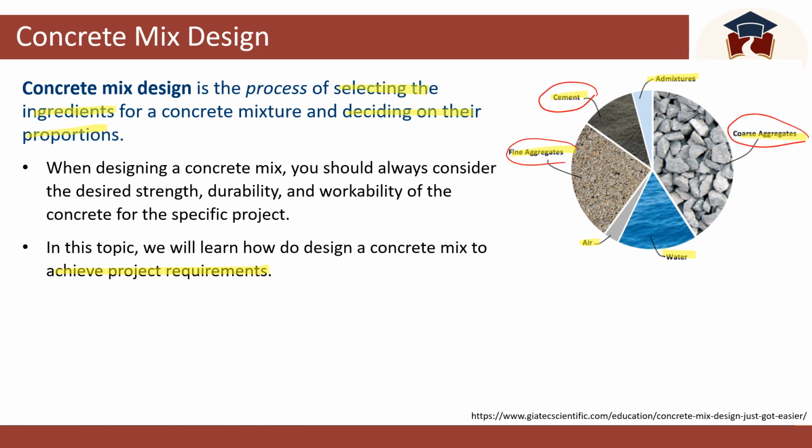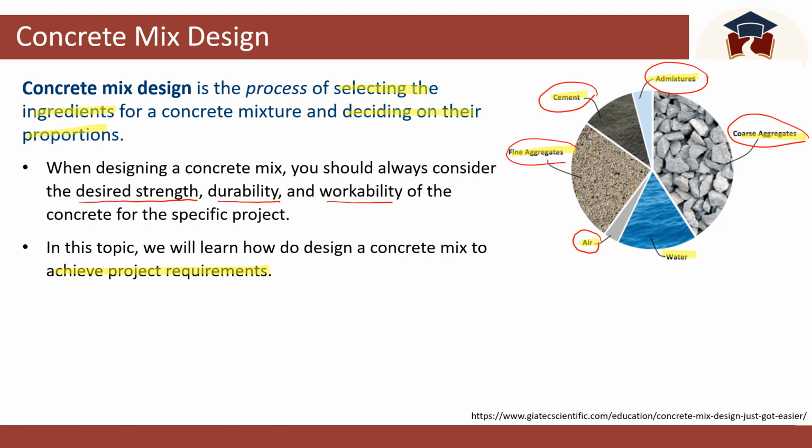For example, the particle size distribution. If we need to mix aggregates to get the required particle size distribution, we need to do that, and also we need to know the water absorption capacity of aggregates. We also need to know how much air entrainment we need if it is air entrained concrete, and what kind of admixtures we need to use, depending on the desired strength, durability and the workability of the concrete